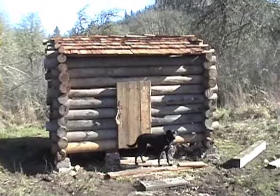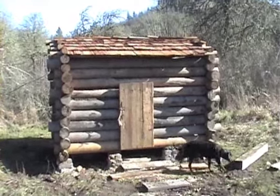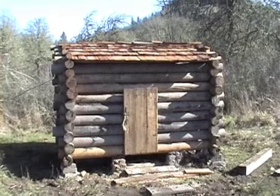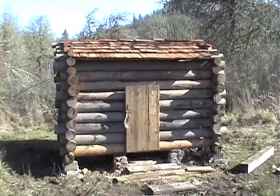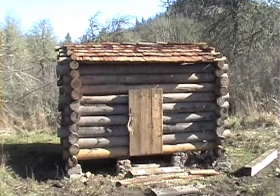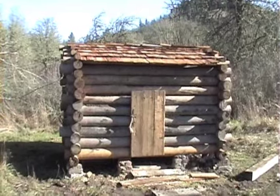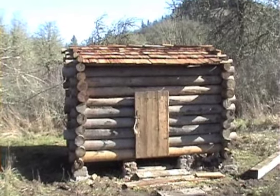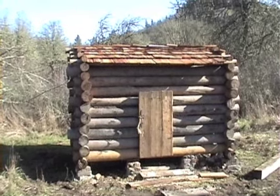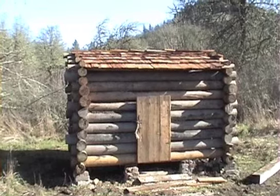This is a replica of a type of temporary cabin that trappers would use. The Hudson Bay Company was here in Oregon very early. Also, before that even was the Northwest Company, and also the American Fur Trade Company with the Astorians arriving in the early 1800s. About the 13, 14, 15, around in there,